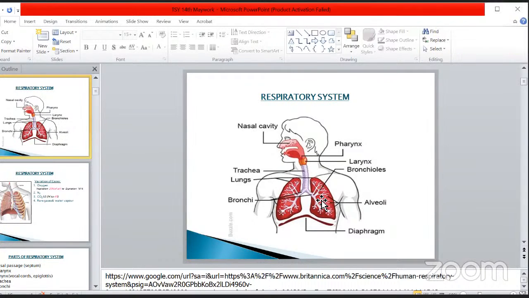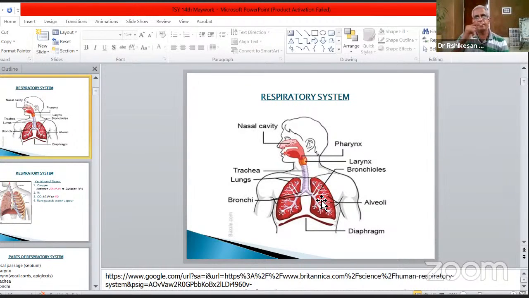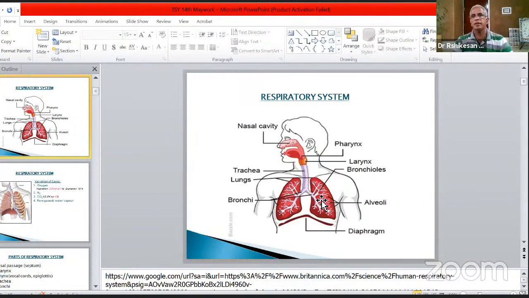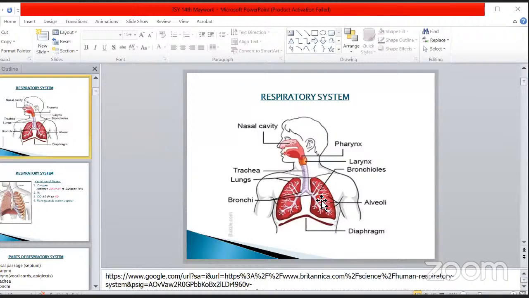And then the carbon dioxide comes back to the lungs, and we are exhaling it, and it goes out. So the system of